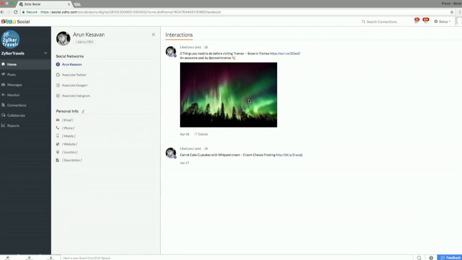But if you click on the profile, you would see their interactions with your business or your profile, their social networks, and you can associate other channels with the same profile if you want to. Let's say in an interaction you happen to get their email addresses and phone numbers because most of these networks don't share the personal information by default, increasingly so now. You could put it there so that next time someone comes to this profile, they have an idea who this person is. If we go back,